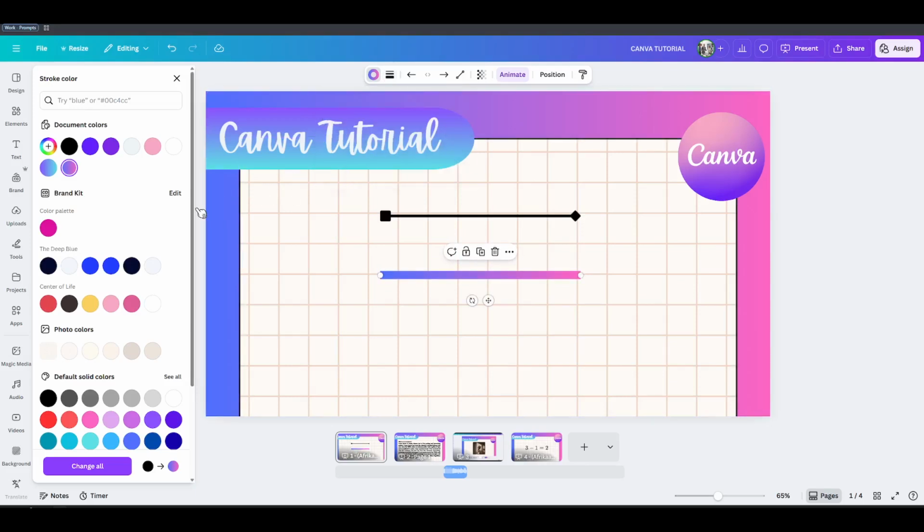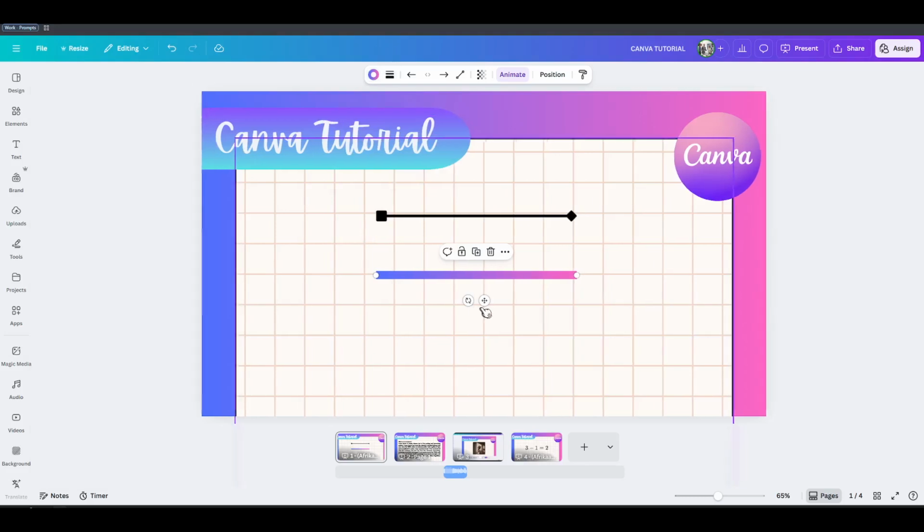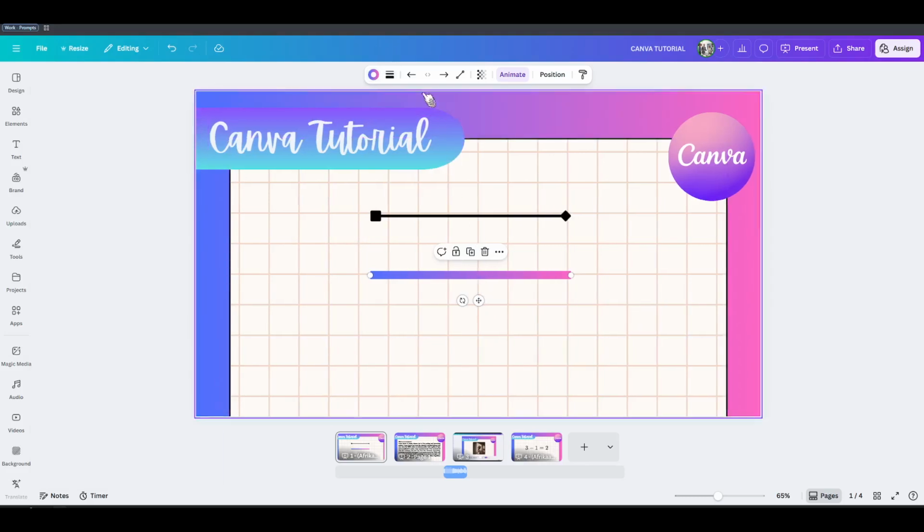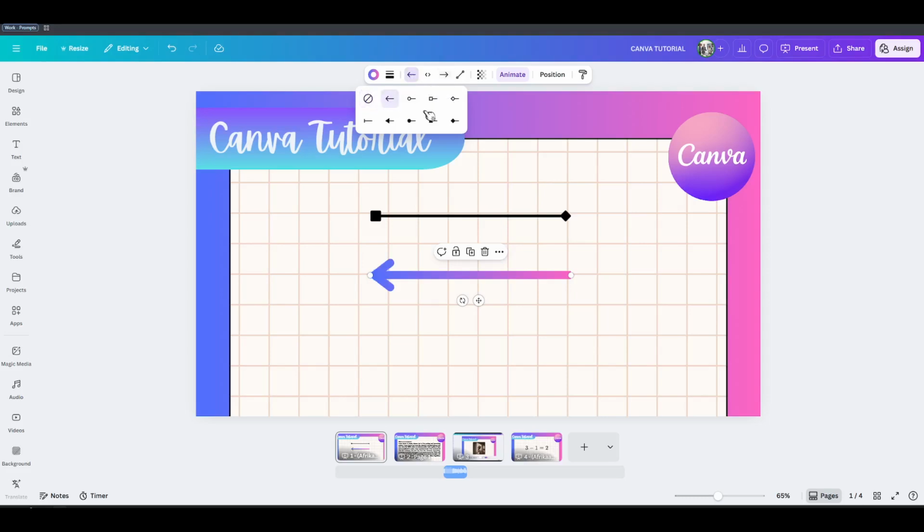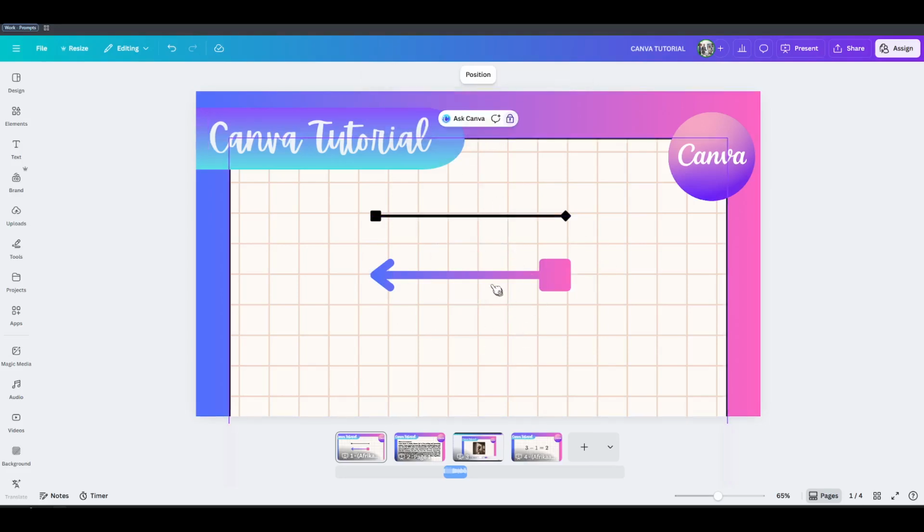Moving along the toolbar, you'll find line ends, with controls for the left and the right sides. Click each end to open choices like arrows, circles, squares, diamonds, and more. Arrows are perfect for showing direction or flow. Circular or square ends can provide a neat, finished look for lists, timelines, or labels. You can set different ends on each side if your design needs it, or choose none for a clean, uninterrupted